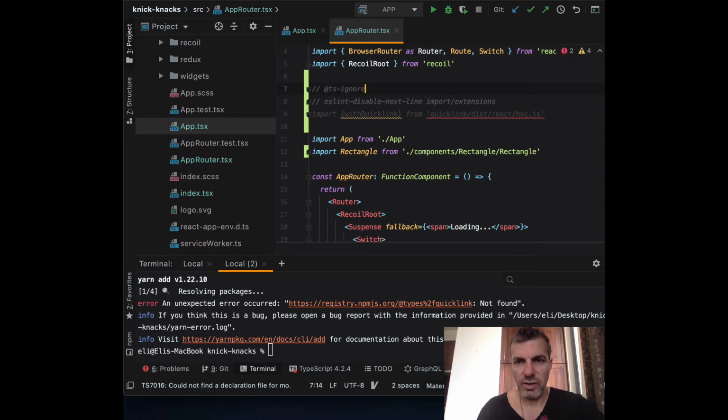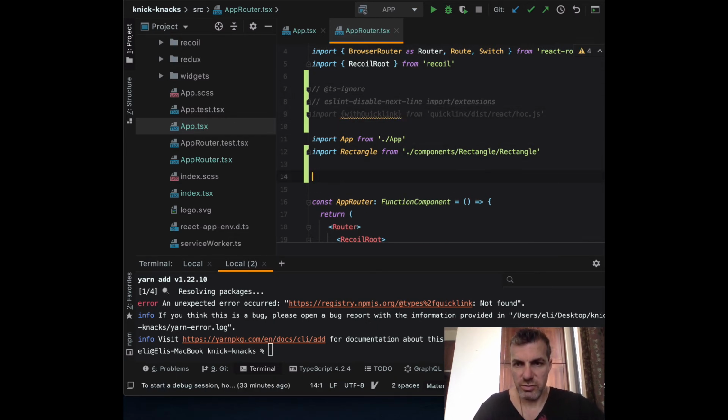Okay. The second step is we want to create the lazy load for the component. So the way we're going to do it, before we create our app router, we can create a constant, and let's call it my page, and the type is going to be lazy, and we're going to import the component we're using. This is our component, rectangle,